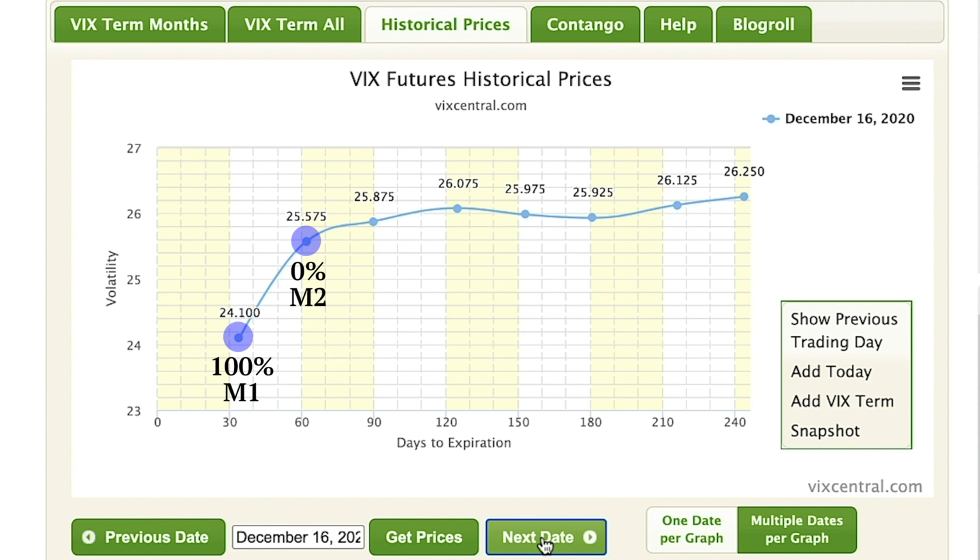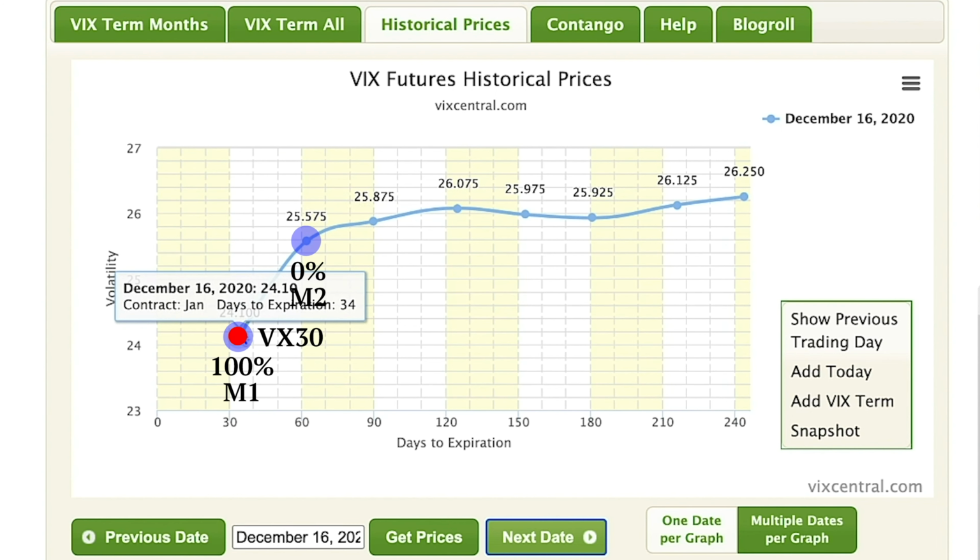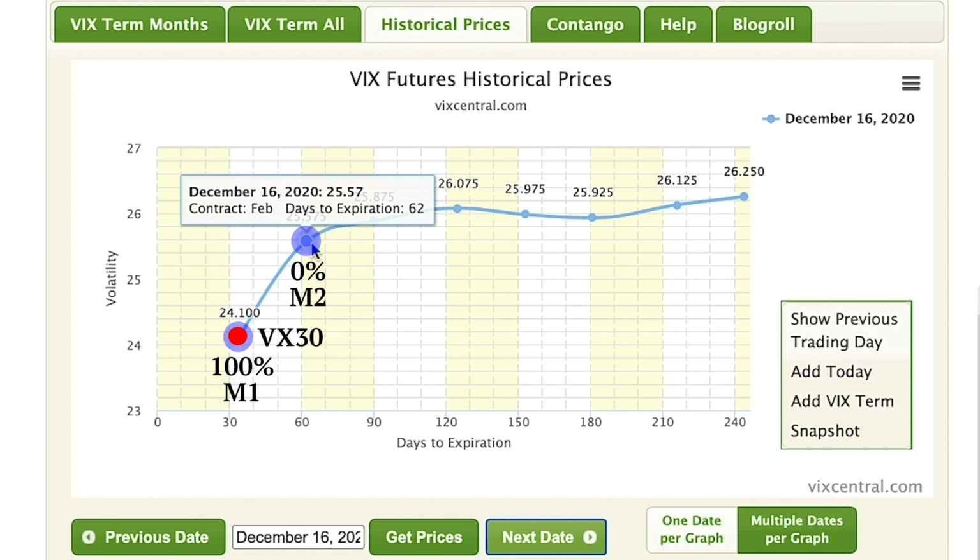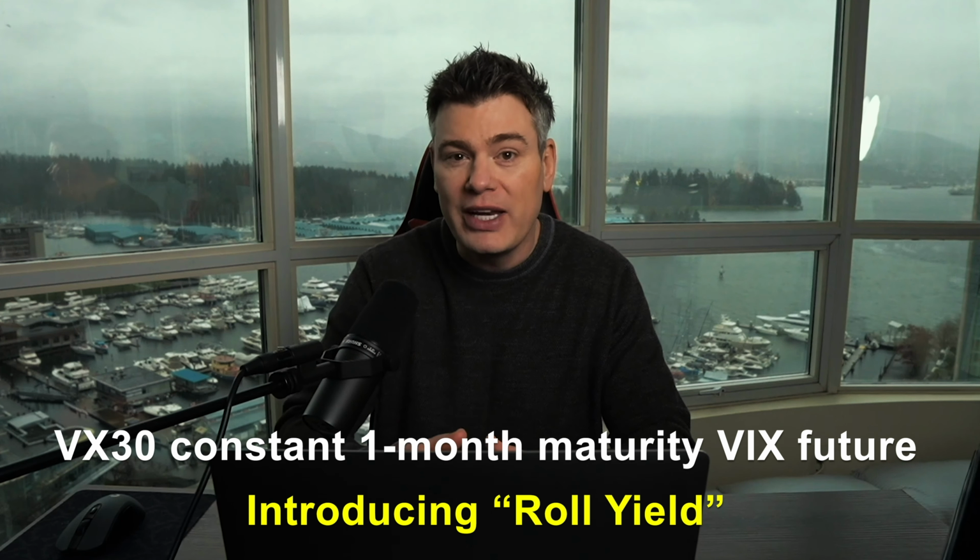A new cycle begins, and that rolling 1 month VX30 is once again 100% on the front month M1 and 0% on the back month M2. And the whole process starts over again for another month. Each day we tick forward, a little bit of the focus on the M1 will be shifted towards the back month M2. That process is absolutely vital in understanding volatility ETPs, because once you understand that first part, how the VX30 cycles through and represents changing amounts of the front 2 month VIX futures, now we can add the second